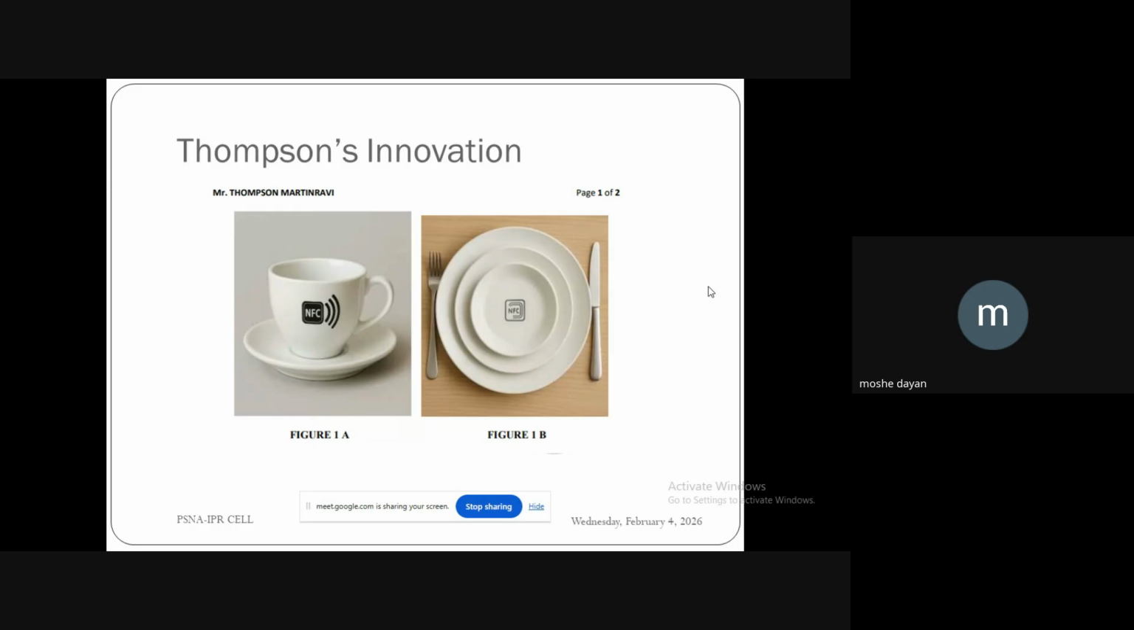He called me one day and then he said, "Sir, I got your number from the patent office." I said, "Oh, what can I do for you?" He said, "I have an innovation." I said, "What is your innovation?" He said, "I want to use the plates and cups with an NFC, near field communication chip." I said, "What are you going to do with it?" He said, "Already I've started my business." I said, "What is your business?" He said,